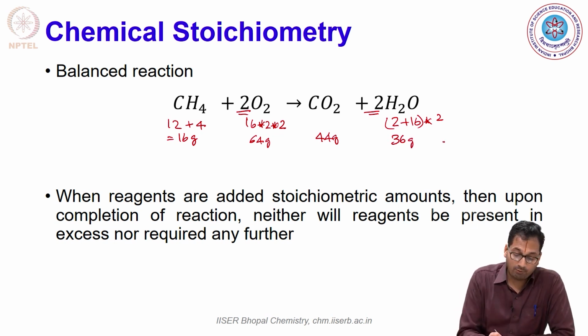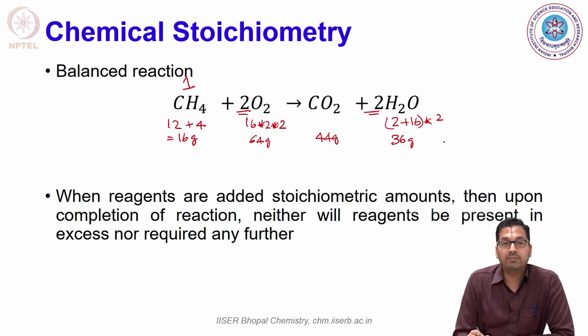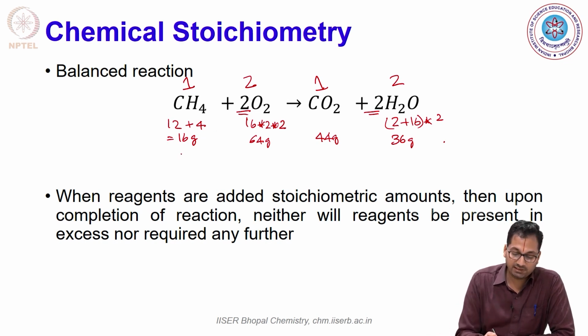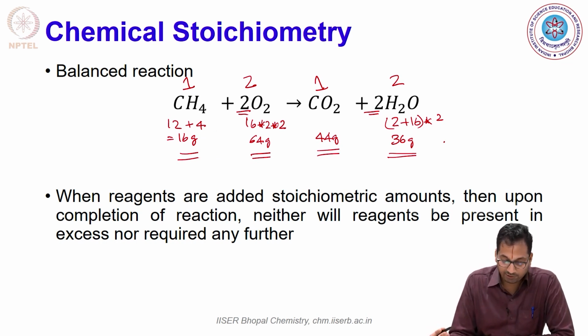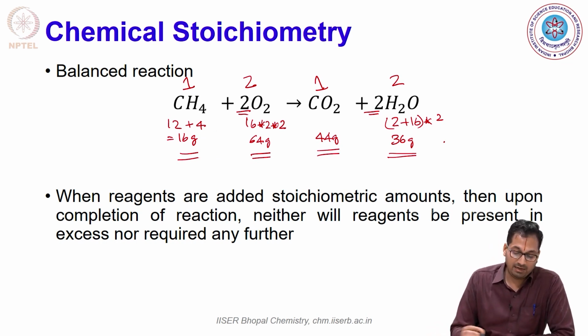Understand that you have 1 mole of methane reacting with 2 moles of oxygen to give 1 mole of carbon dioxide and 2 moles of water. As you see here, the equivalence or the stoichiometry that goes is that if 16 grams of methane reacts with 64 grams of oxygen, it will result in the formation of 44 grams of carbon dioxide and 36 grams of water. So basically this is what we mean by stoichiometry,